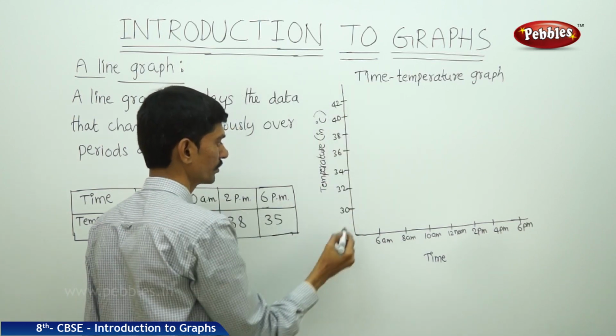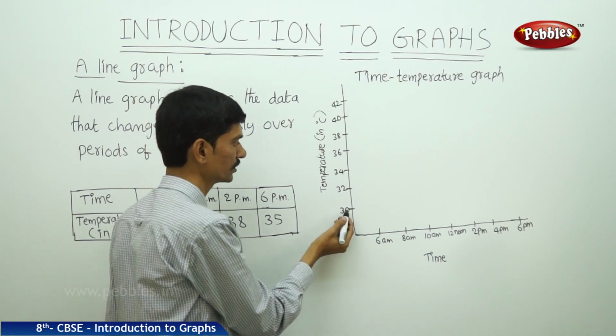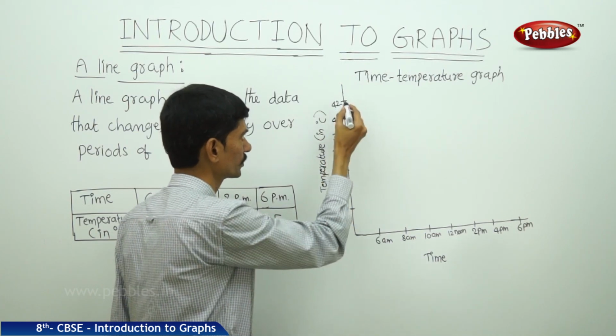So on the y-axis we have taken the temperature in degrees centigrade. So the first one is 30 degrees centigrade, then 32 degrees centigrade, then 34 degrees centigrade, up to 42 degrees